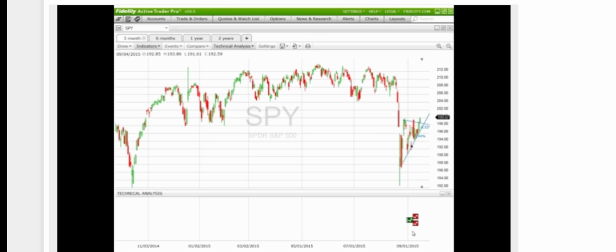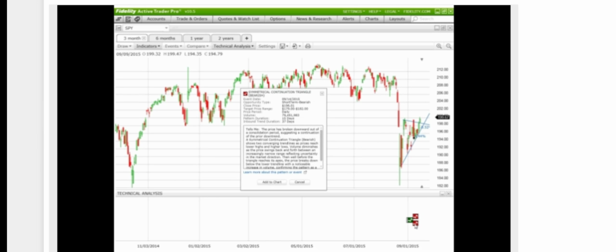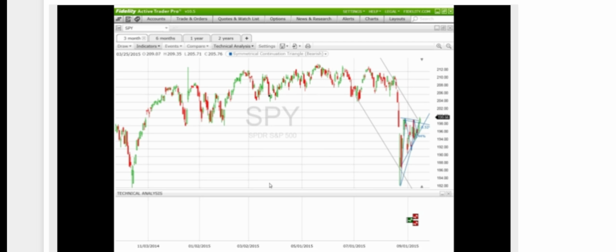So let's see, what did we get here? Now we see this panel has come up at the bottom. Well, we see these little icons here. They tell us what the pattern is that has been identified. So here it's identified a symmetrical continuation triangle, and it tells you whether it's bullish or bearish. In this case, it's saying short-term bearish, and we can actually have it added right to the chart. And click on Add to Chart,